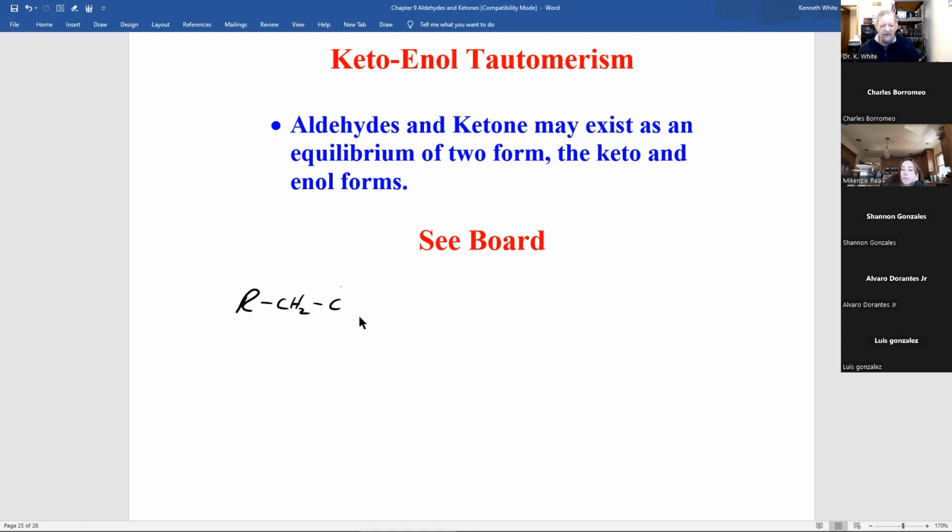And let's just do it for an aldehyde. Well, it could be a ketone too. If R prime is hydrogen, it's an aldehyde. If it's carbons, it's a ketone. Now, this enol keto tautomerism, I'm going to move a hydrogen from there to the oxygen of the carbonyl. There'll be too many bonds there, so this will move here. And what you get,